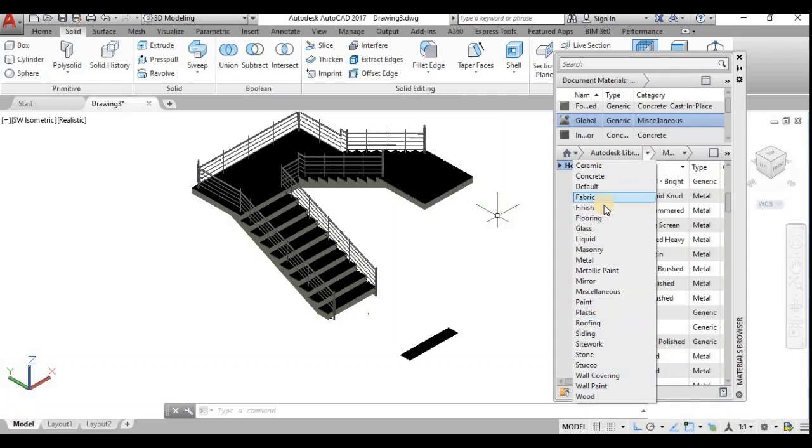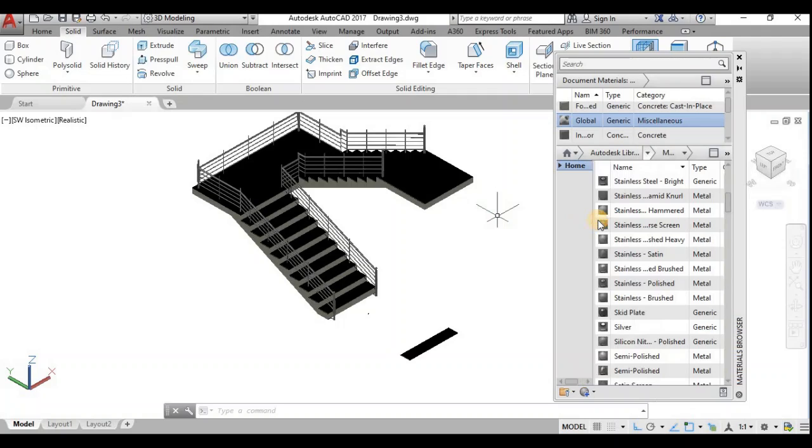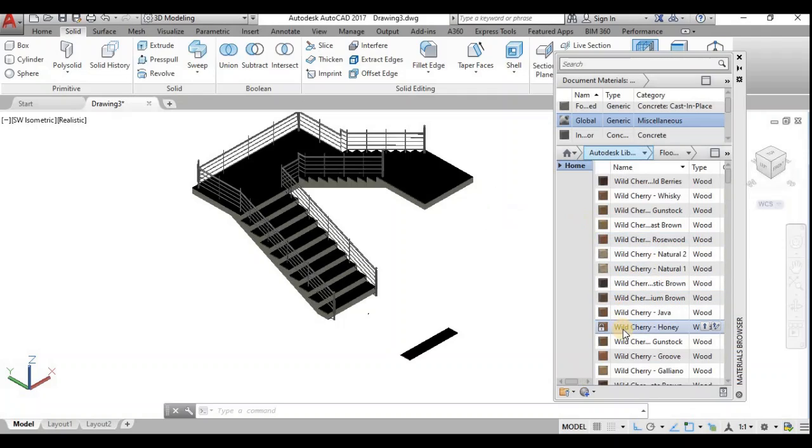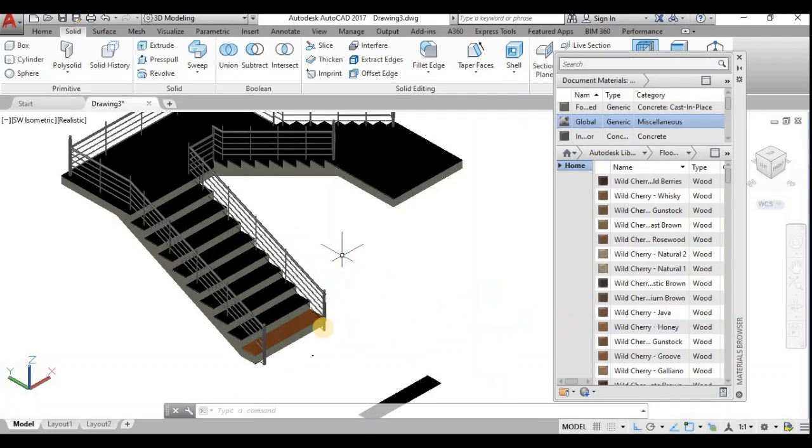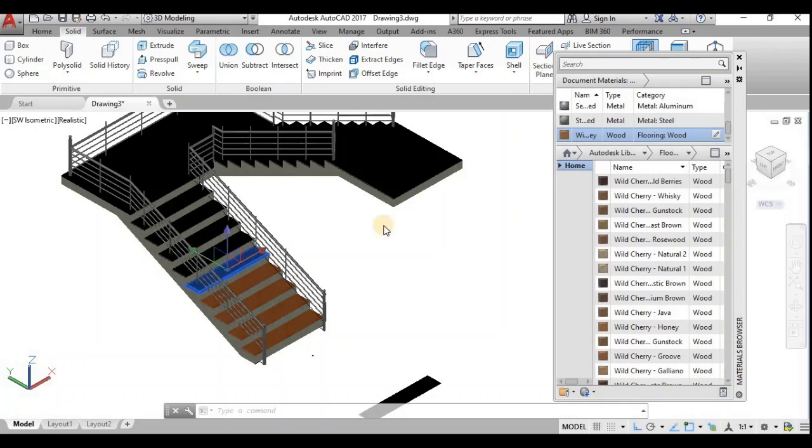Flooring is available, finishing flooring. I shall use wild ivory. Just click it and drag and paste it on both sides where required.